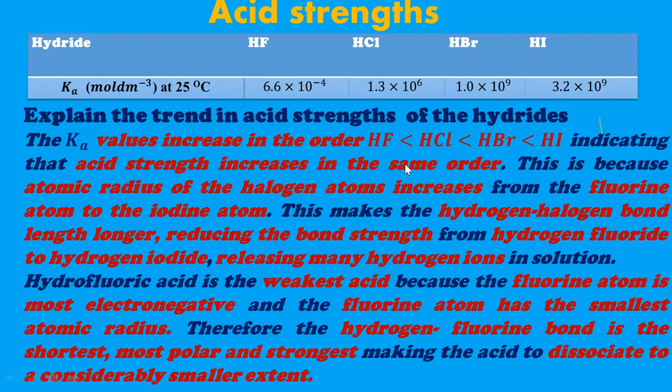The acid strength is explained in terms of bond length and bond strength for these hydrides. So as the atomic radius of the halogen atoms increases from the fluorine atom to the iodine atom, the hydrogen-halogen bond becomes longer, reducing